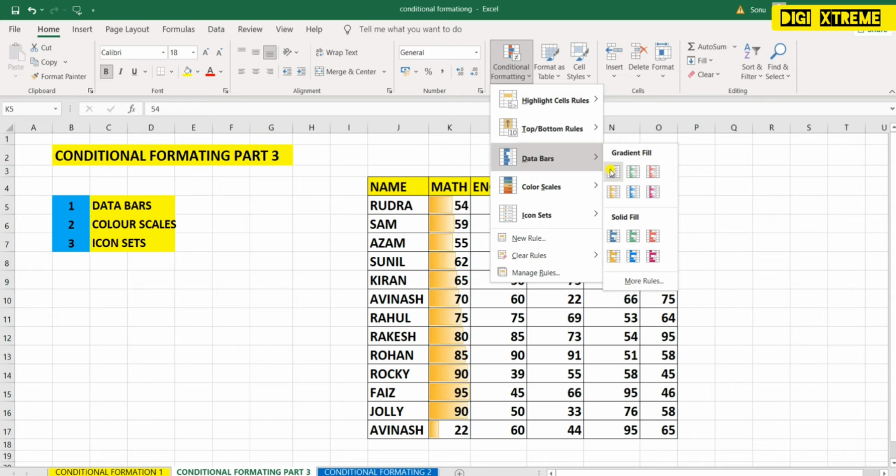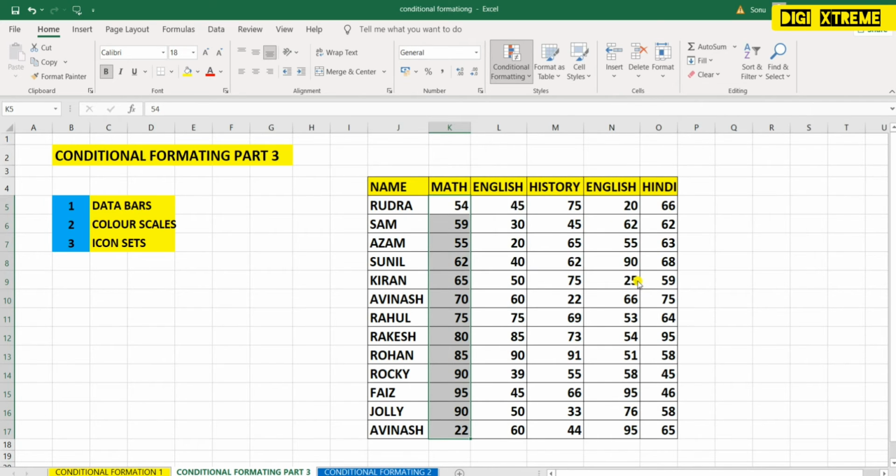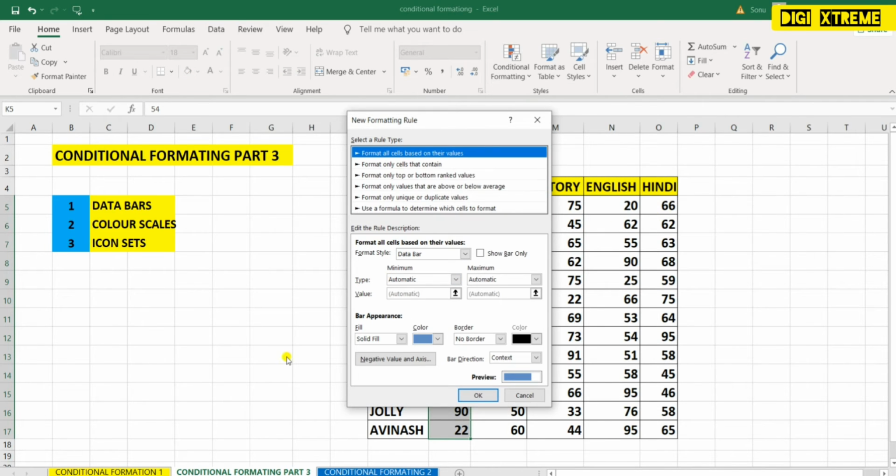The difference is that in solid fill it will highlight the color in a solid form, and if you want to select your own color, then you can go to more rules, and here you can give your requirement or what color you want. See, fill with solid fill, color options. Here you have an option to change according to your requirement or what color you want.